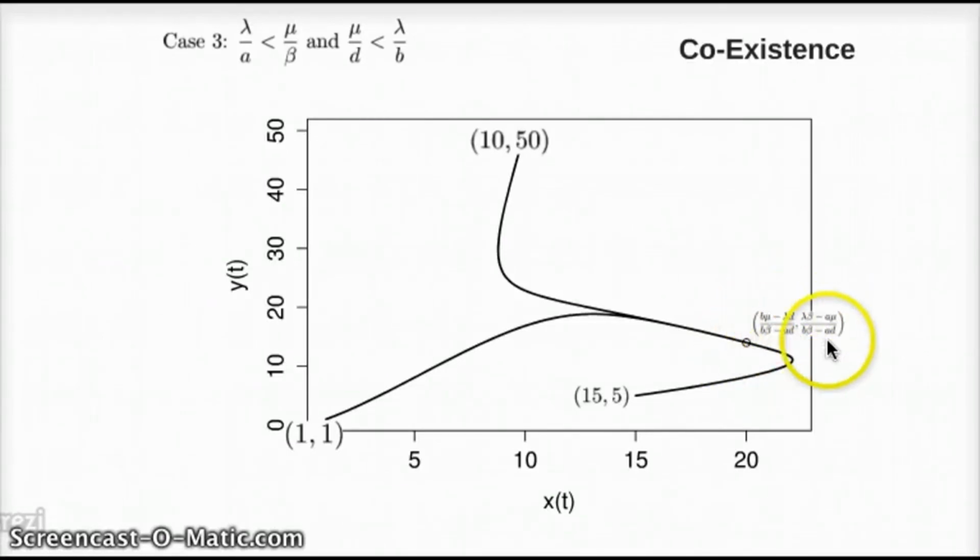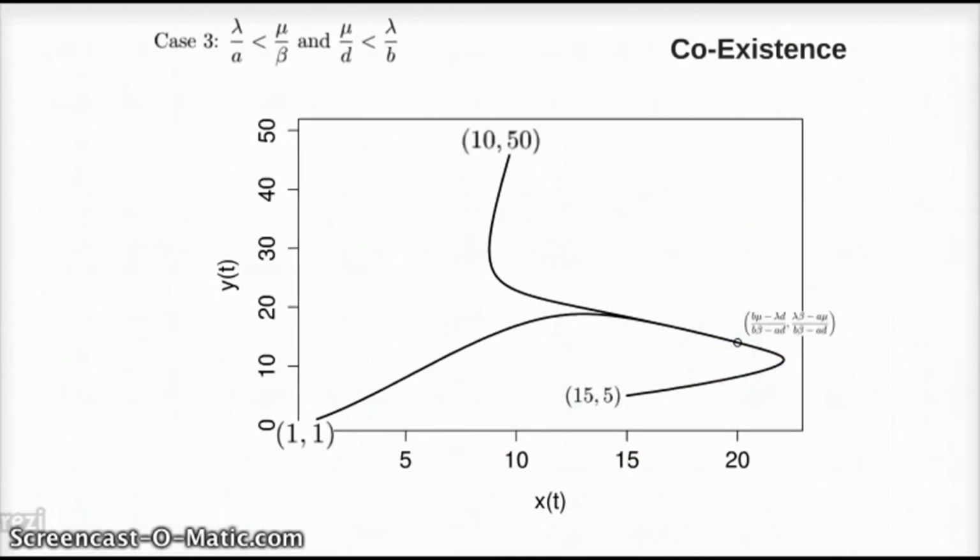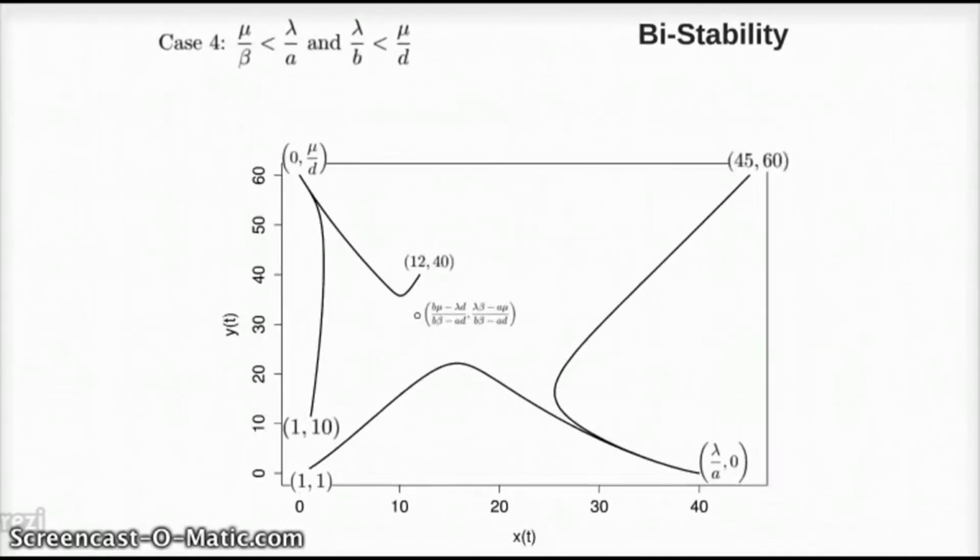Here is the expression we had presented before. In this case, there are three solutions. We chose parameter values and tested different values for initial conditions. Here's one curve, starts at 1, 1, and quickly converges to this equilibrium point. Then we had 15, 5 and 10, 50, and the three solutions converge to that equilibrium point that is called coexistence. And the last case is a case that allows for stability of either extinction of species 2